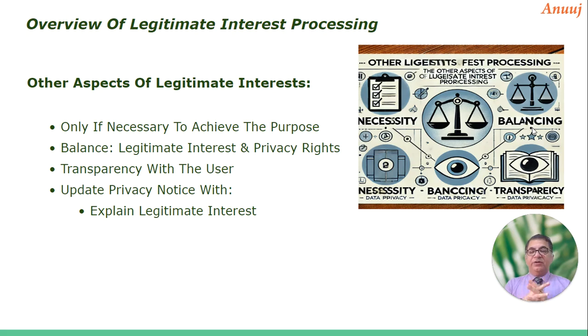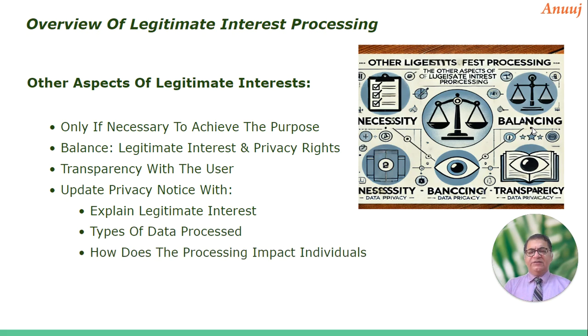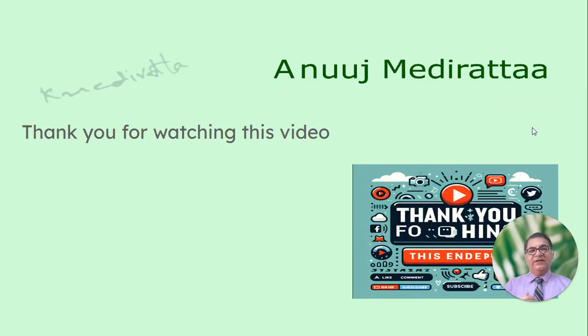There has to be absolute transparency with the user. The user should know that you might end up doing some legitimate processing with his information. But even if the information is provided after it, then also it is fair, but you need to issue a privacy notice. A notice that explains the legitimate interest for which the user's information has been processed, the type of information that has been processed, and does it really impact the individual? If yes, how? If this kind of information is in your privacy notice, legitimate interest processing can be done. That's the basic about what is legitimate interest.